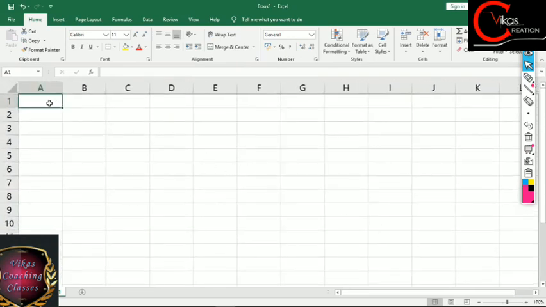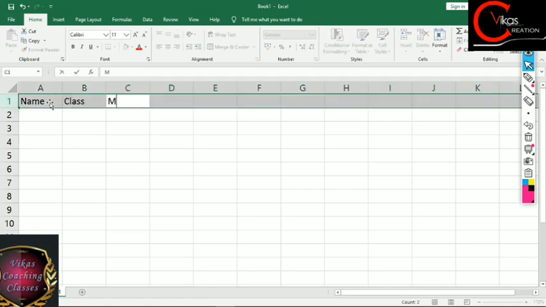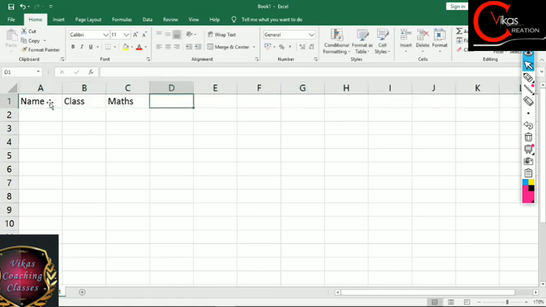Well, now let's take a very simple scenario. Suppose I have some marks of some students. I'm writing some names first. So here I'm creating a simple worksheet. Let's say there is a name, then there is one class, then subjects are there, like let's say maths, science and computer. Let's take one more, let's say SST. Two are left, let's include them also, English and Hindi. So these are some subjects that you will learn in every class.